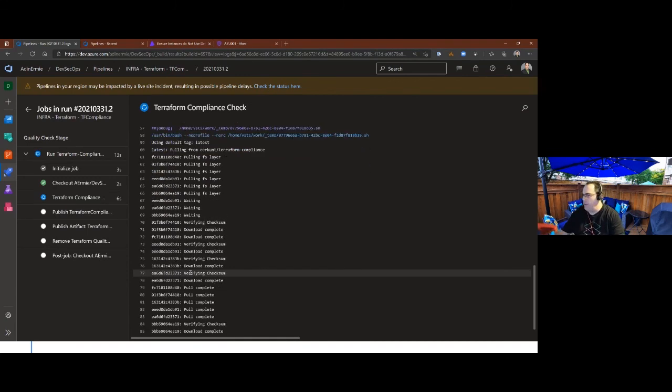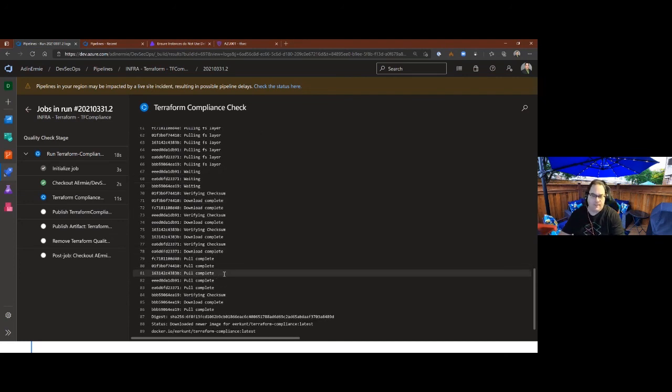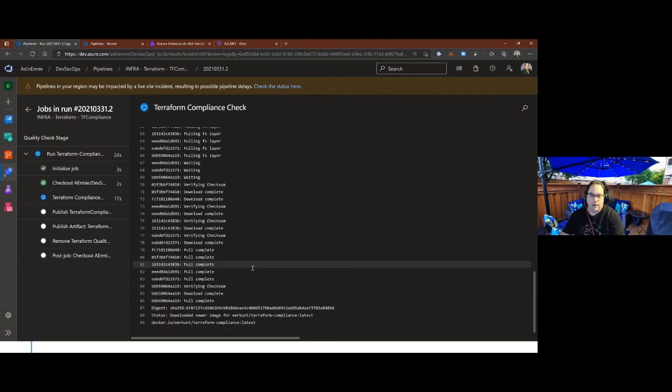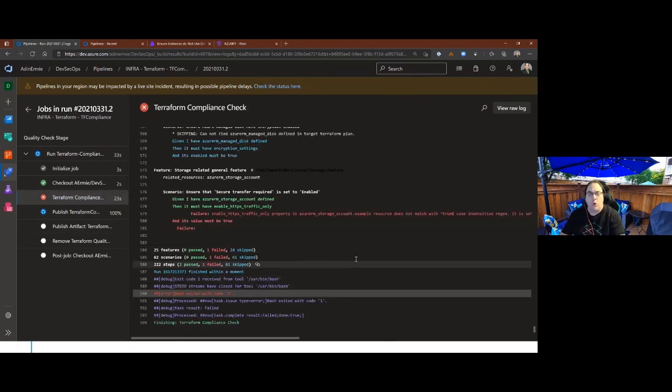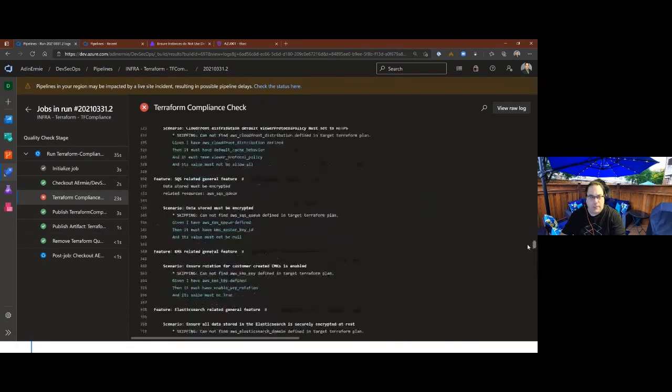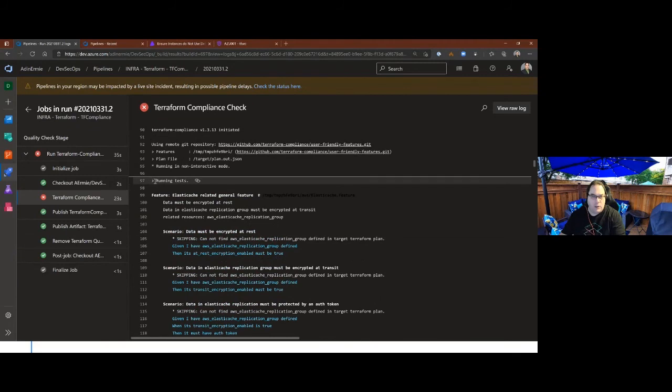Okay, so it's pulling down the container. Come on, internet. Any moment now, we should get a bunch of output. There we go. Perfect. Let me quickly jump up to the top where it starts its execution. Right here, it starts to run its tests. We're telling it the features, which are effectively the policies it's using to evaluate. You can point it to wherever you have your own features stored, and then off it goes.